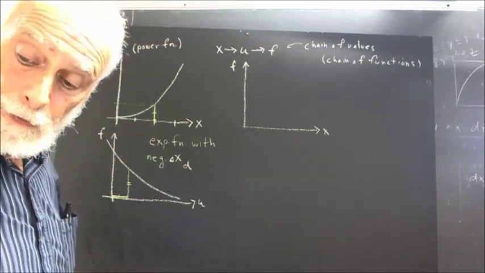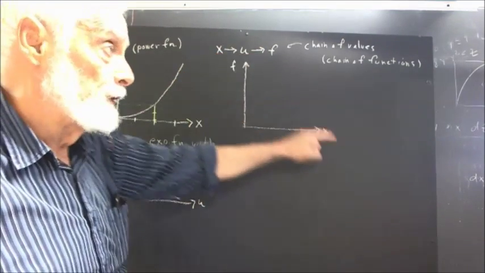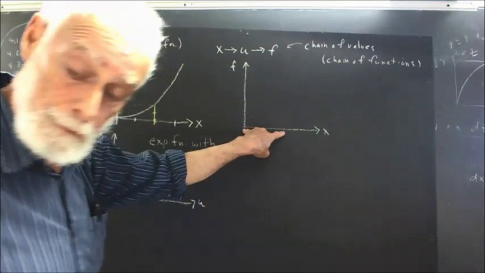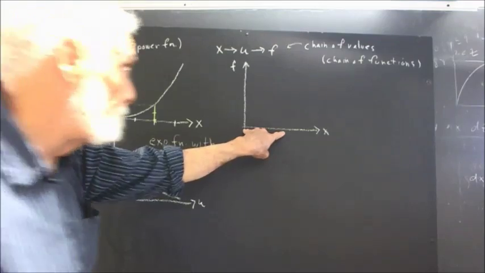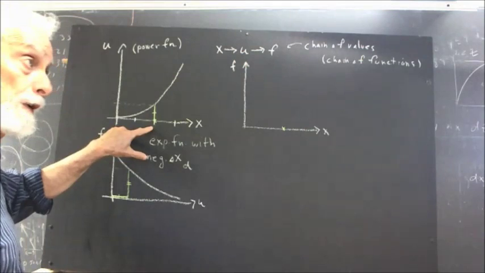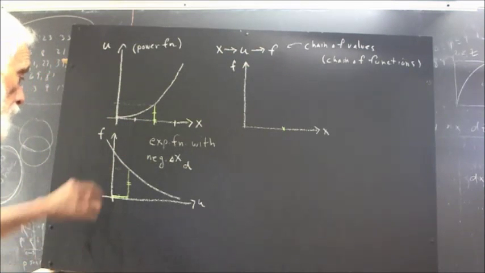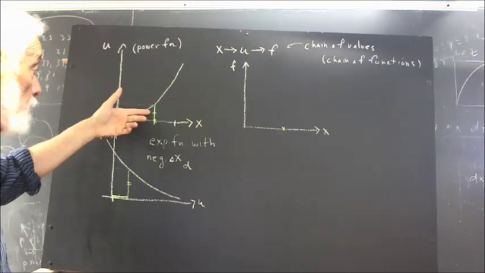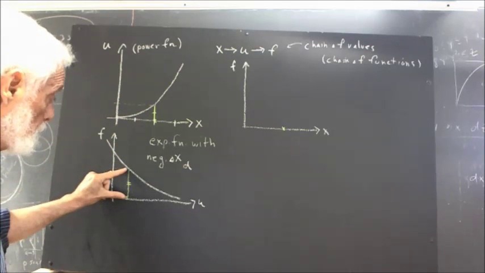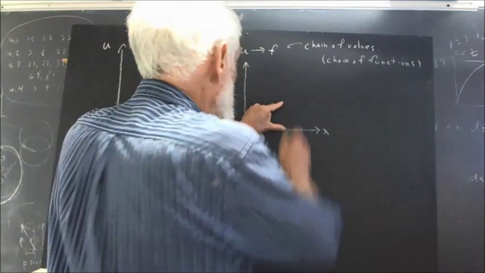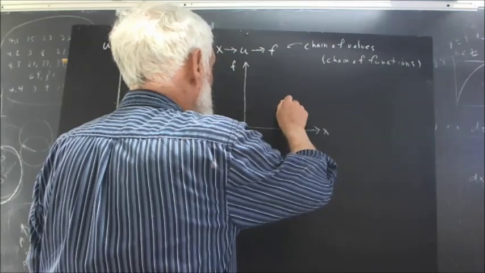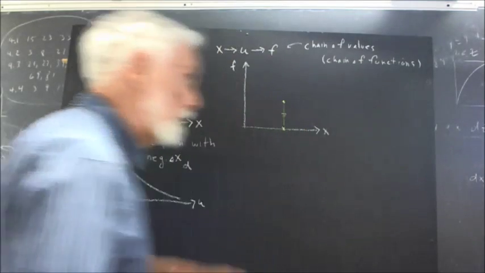Now, if I want to construct f versus x, I take this value of x and put it over here. So I'm going to do that. So here's my value of x, the same as the value of x that we started with here. And then I can take my value of f. I don't need the value of u. I already used that to find the value of f. Take my value of f, and I put it over here. I put a line segment of that length here. And I've got a point on my graph of f